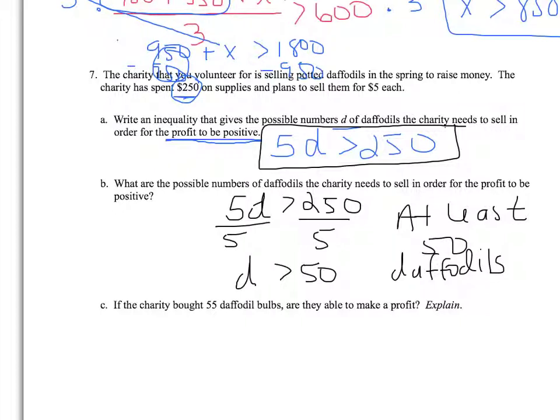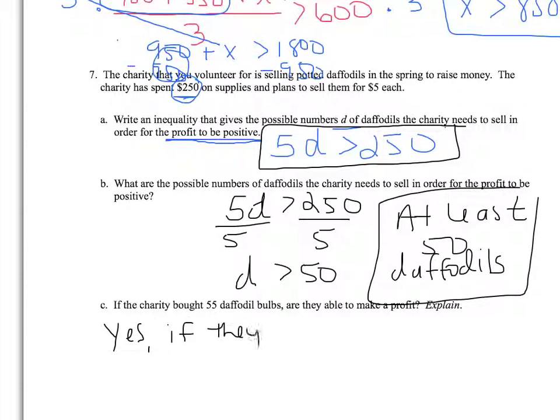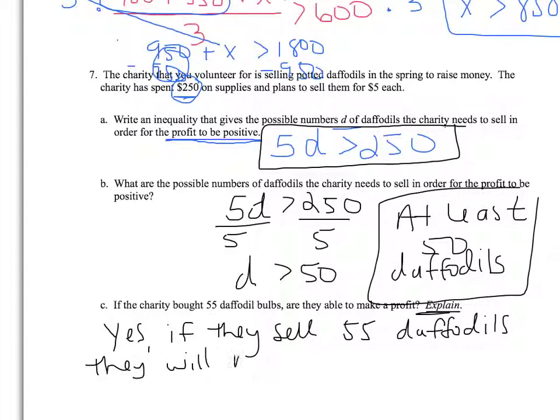Okay, and then the last one. If the charity bought 55 daffodil bulbs, are they able to make a profit? Well, we just said they need to sell at least 50 to make a profit. So yes, if they sell, remember I'm explaining because it says explain, if they sell 55 daffodils, they will make $275,